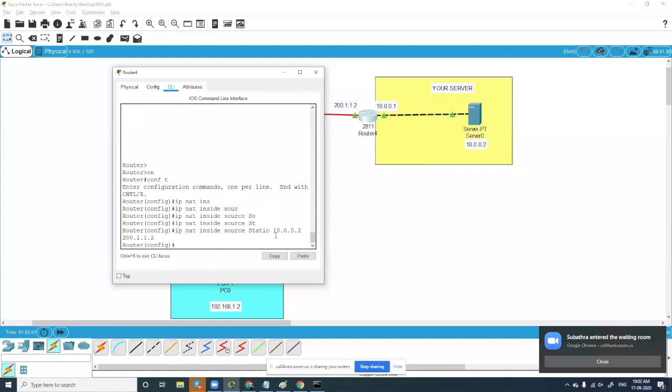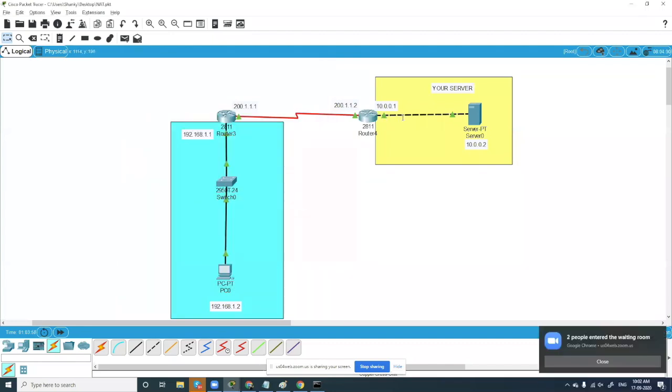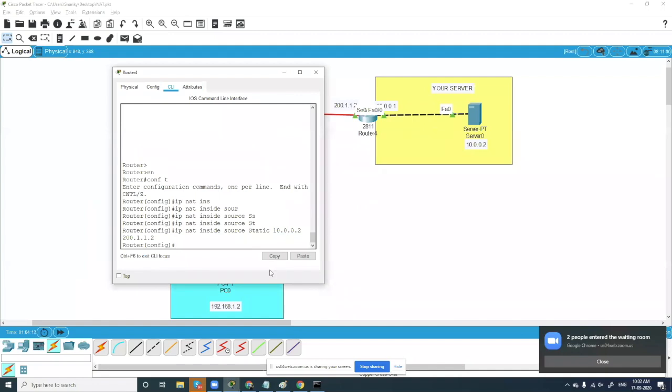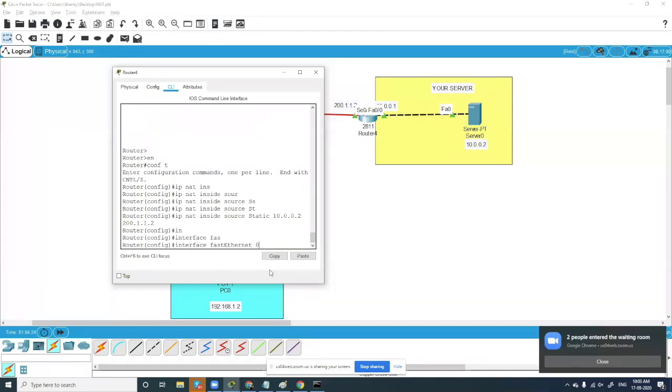Enter. Right? Now I have to go to the Fast Ethernet interface. Is it FastEthernet 0/0? Yes, it is FastEthernet 0/0. And the serial interface here is serial 0/3/0. So I'll type interface FastEthernet 0/0, and I'll type ip nat inside.